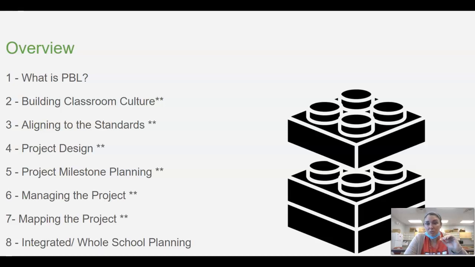And so the asterisks are showing a prerequisite, that each one of those has a prerequisite. The purpose here is before you get to the end, which is mapping your project, you have such a firm understanding of all the pieces that have to play into the curriculum map that you're able to jump right into the curriculum mapping at the end with a great understanding of all the things. All right,